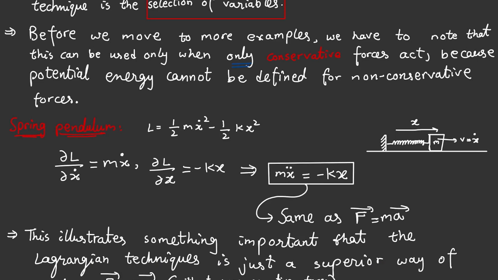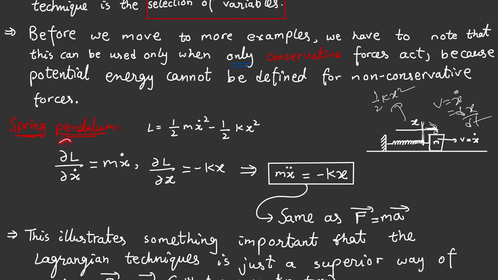So let us take a simple case of the Lagrangian, the normal traditional spring pendulum, the SHM problem. So say the extension at any time is x. So this is actually the extension from the natural length. So the potential energy stored would just become half kx square from Hooke's law, and the velocity would become x dot, as it is dx by dt. So the Lagrangian would just become this, half m x dot square minus half kx square.